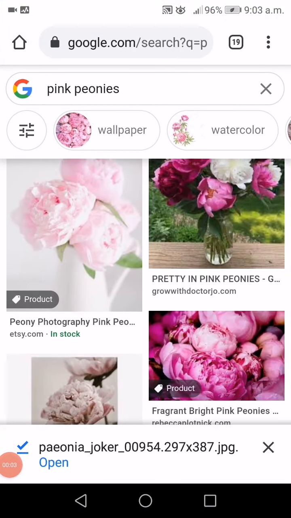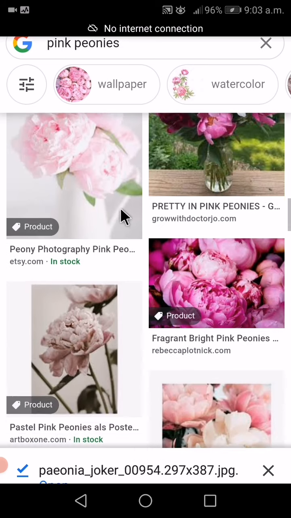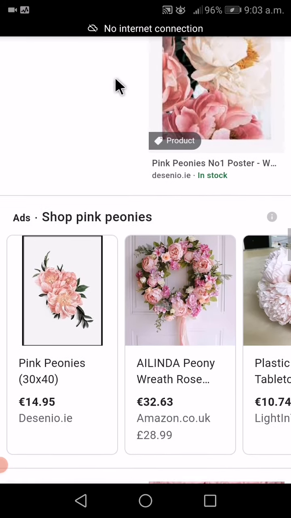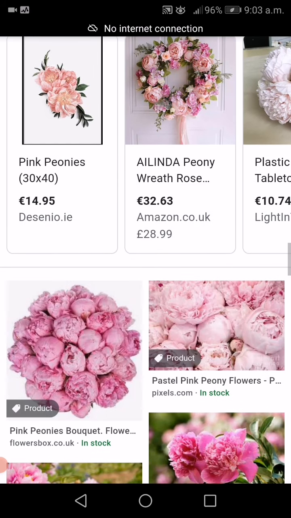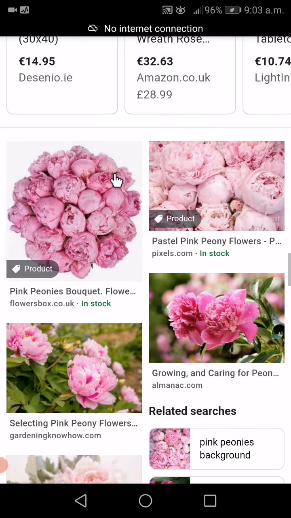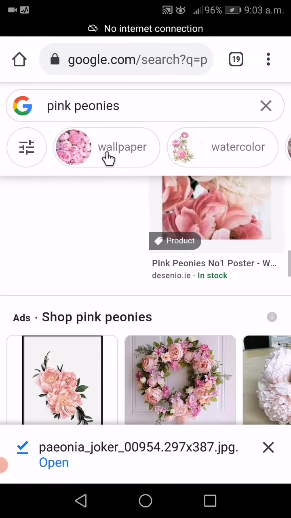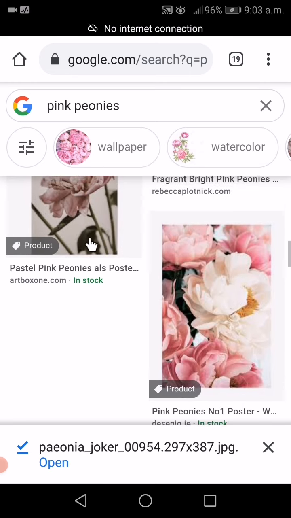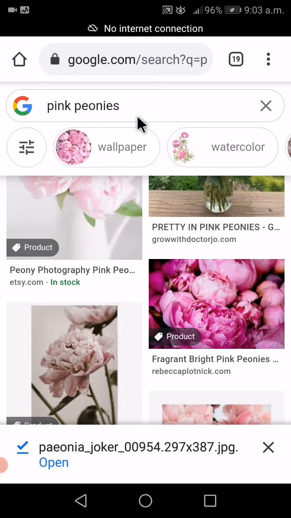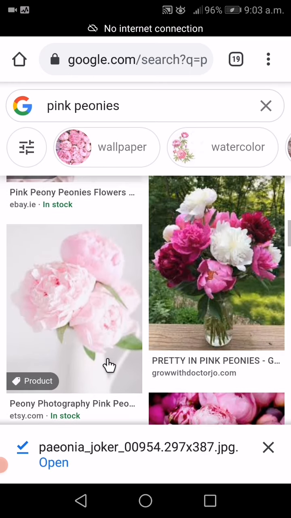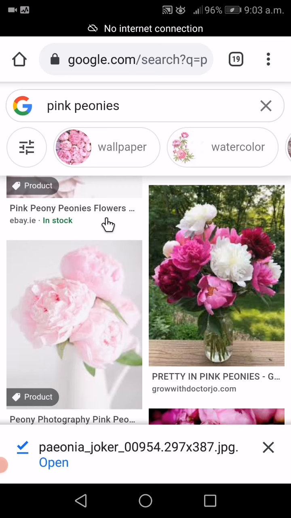Hi everyone. Today we're going to have two main challenges. Now this is to basically help your task and to help your artwork. As you can see here, I just typed in pink peonies. Peonies is a type of plant that I've seen a few of you looking up, and they're a